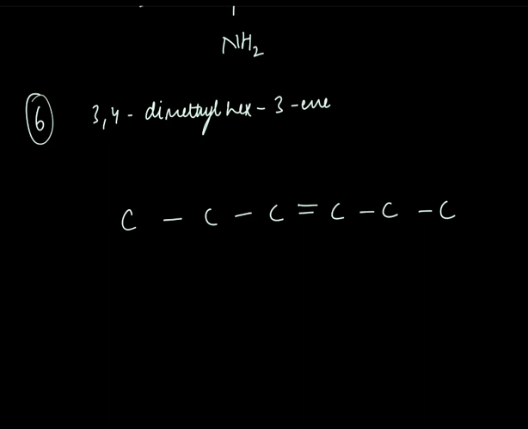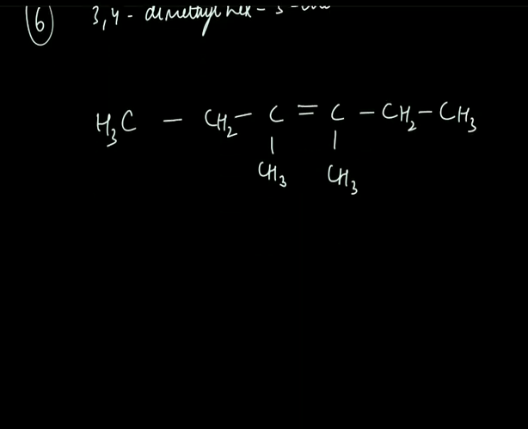So 3-ene is done. Then we have on the third carbon one methyl group, and on the fourth carbon we have another methyl. So this is the structure. Rest you can put the hydrogens on these, it's not required. Done. Now next,